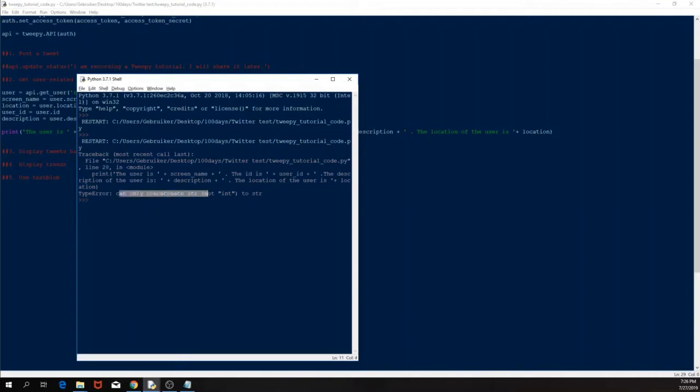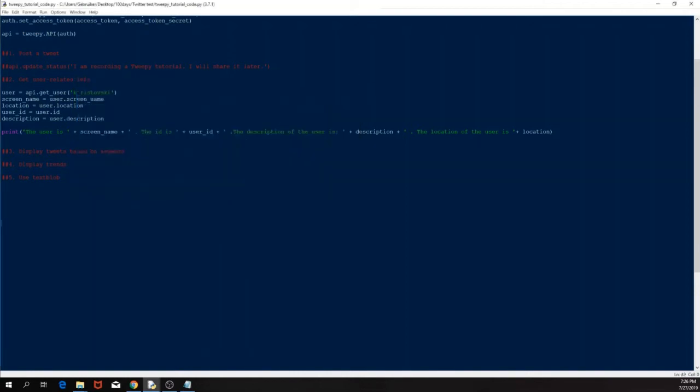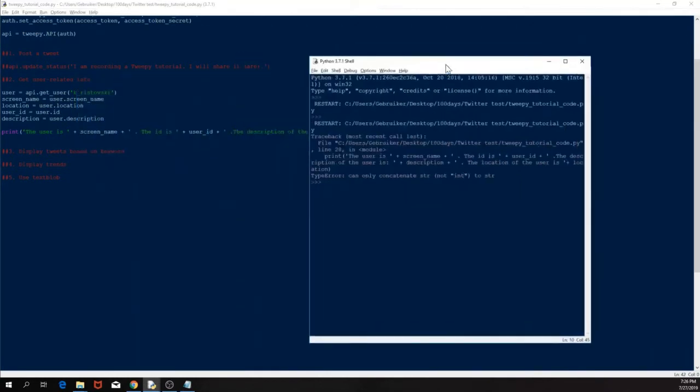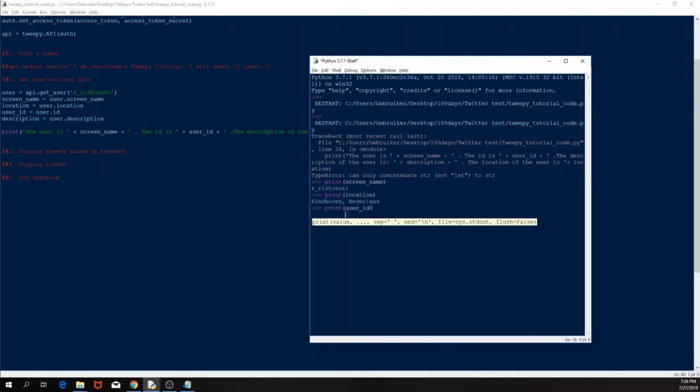We can only concatenate strings. So part of what we have in the code is an integer. Well, of course, I already know that it's the user ID, but let's take a look. If I print the screen name, the location, the user ID, and the description, it's clear. Now, this is a way to check, to see it, but